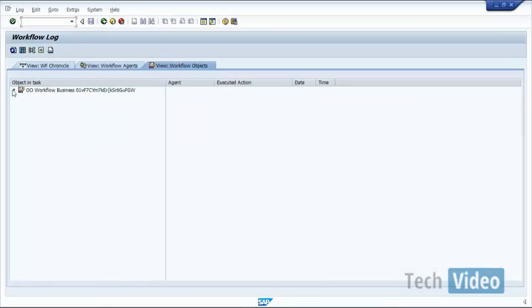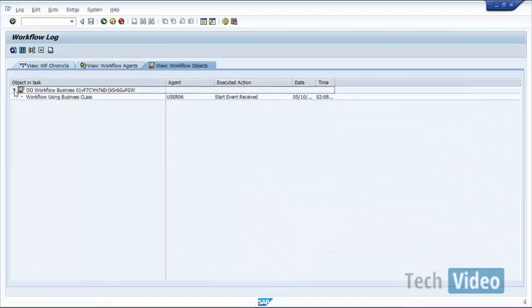Here we are making use of some OO workflows. So it is not just business object types. As I said, business object types are the place where we make sure the whole implementation source code is available to be used by the workflow system. For instance, if you want to validate your business object instance against some set of customizations that you have maintained in some table, where do you write this whole piece of source code or logic? You will be implementing this source code logic in the business object